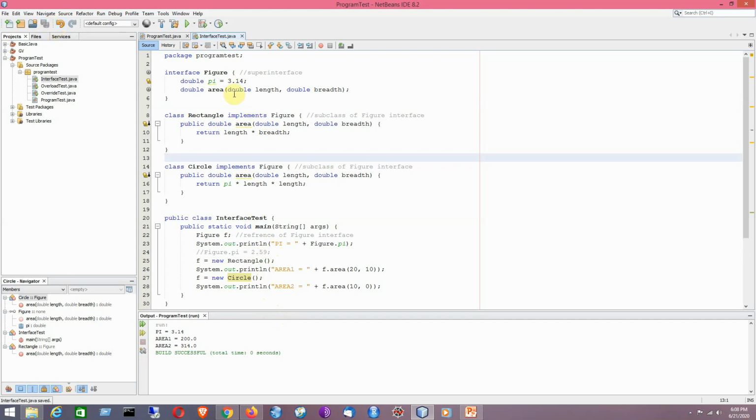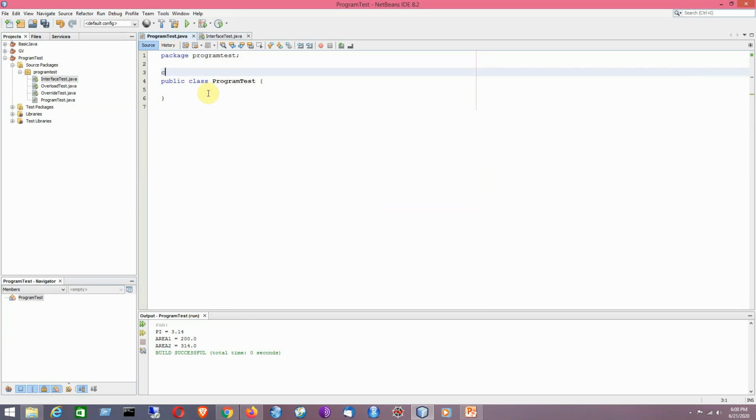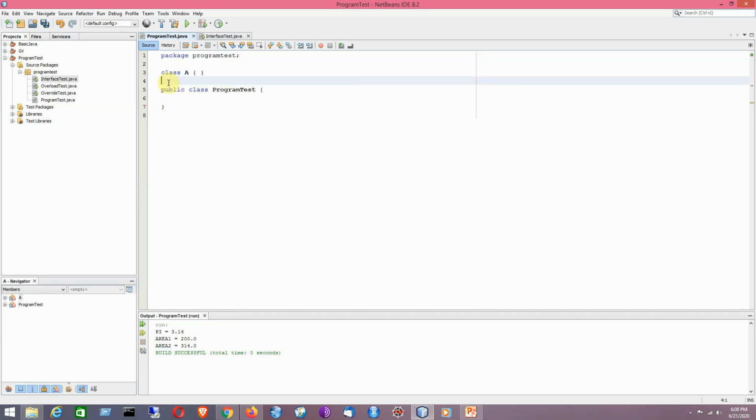Now I will give you an interesting example with respect to Java interfaces. Suppose I have two classes, class A and class B. First I would like to show you the drawback of Java classes if I implement multiple inheritance.